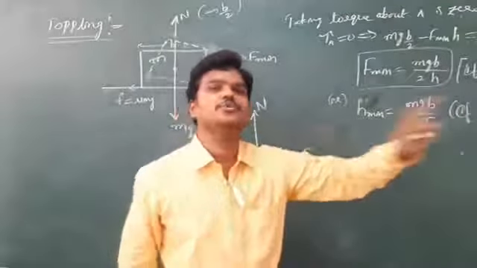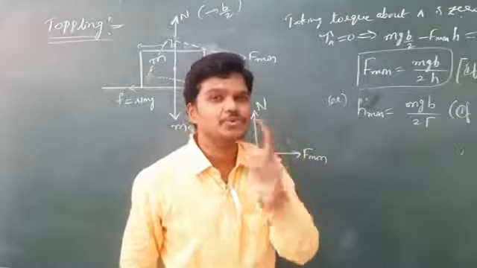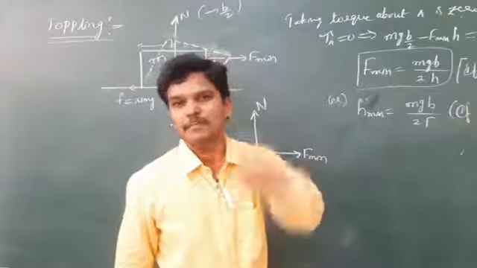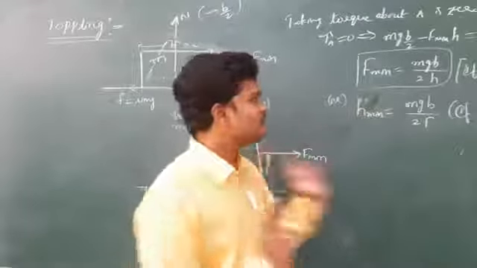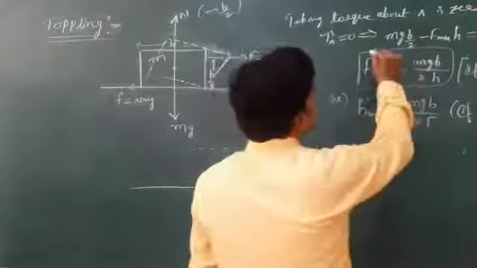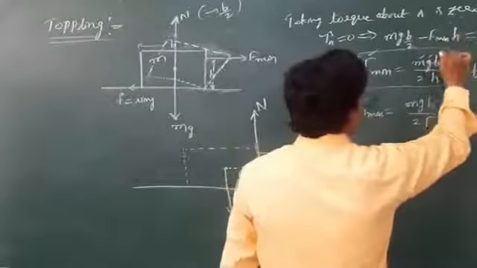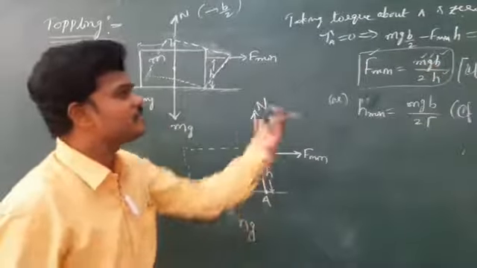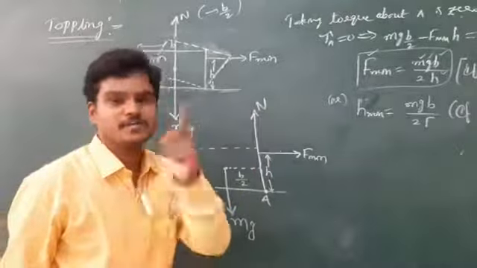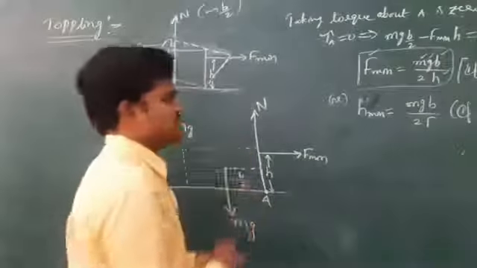They may give only 2 newton of force, meaning at what minimum height you have to apply 2 newton of force on a body so that the body topples. Like that they may ask. And a very simple way: out of these quantities, force, mass, gravity constant, b and h, they will miss any one quantity. That quantity you try to calculate. And you try to understand the conditions.